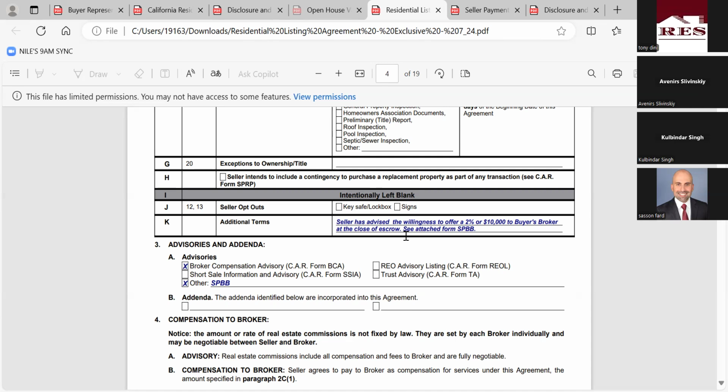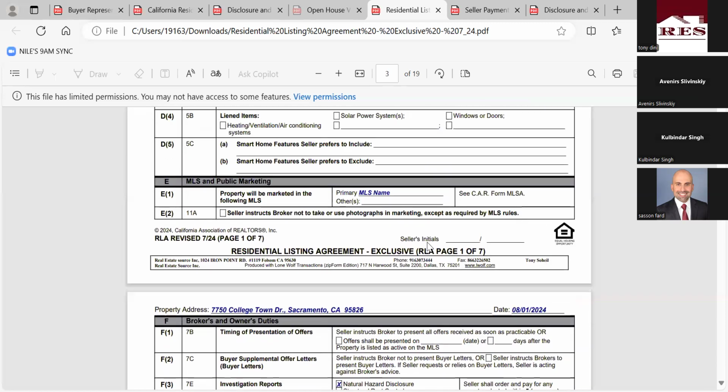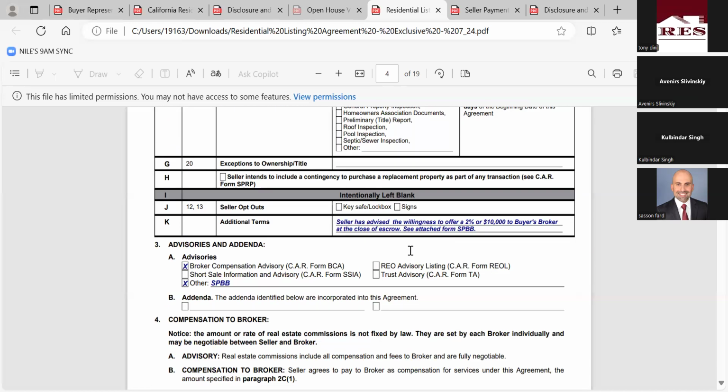Let them know, hey, for the past 15, 20 years, if you look at all of the MLS data of properties sold, over 85 to 90% of them offered a compensation to the buyer's agent, and over 50% of them almost offered a concession to the buyers. So that's your job as an agent, in the listing agreement, to have that conversation, let them know about the change and the importance of it, and educate them that, hey, you need to do this because, especially if you're selling a $400,000 home,